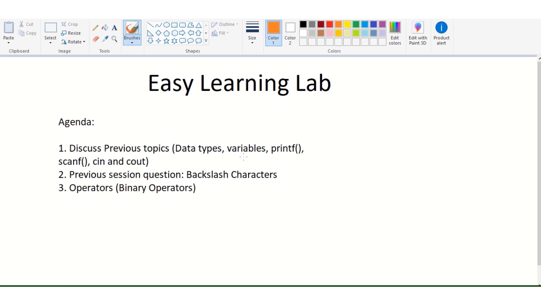After that, we will discuss our previous session question, that was the backslash characters. What do you mean by backslash characters? And the third topic will be operators, right? In the operators, today we will cover all the binary operators, right?